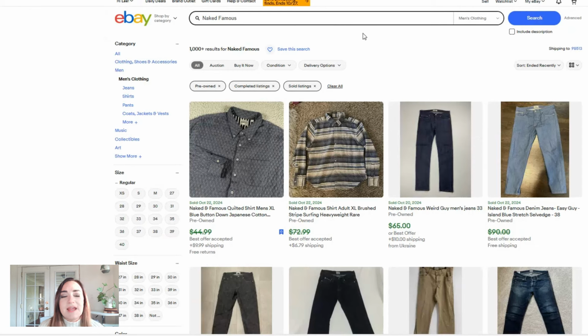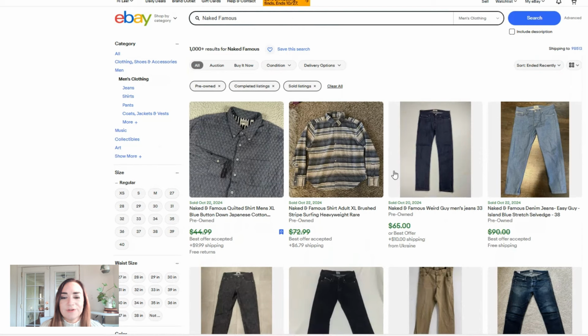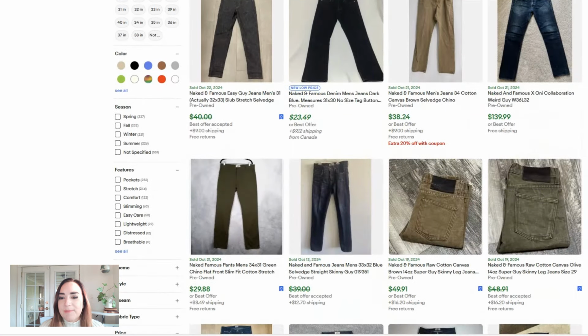Next up is a brand called Naked and Famous. Yes, that is what it's called. And these are some of the prices that these are selling for. So they mostly do jeans, but there are shirts here. So you see these sold for a pretty good amount for a shirt. These jeans, those sold for $65. And we've got a pair here that sold for